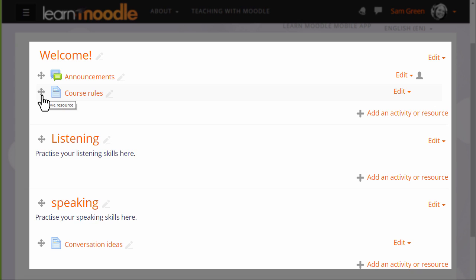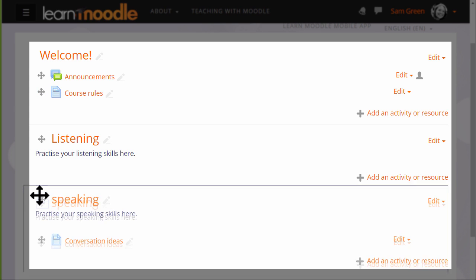The icon to the left of an item allows you to move it up or down by dragging and dropping. If you can't move items by dragging and dropping, then ask your site administrator to check your settings and the site settings. It's the same crosshairs icon to move a section, so here I am clicking to move speaking up